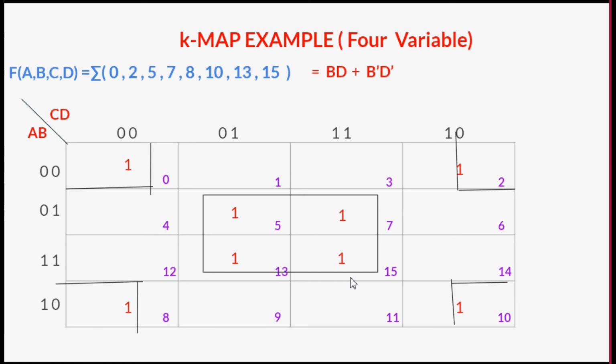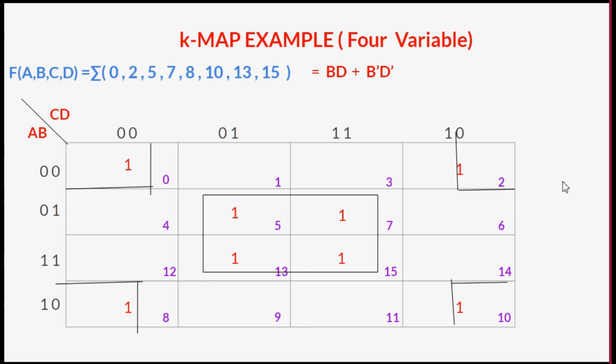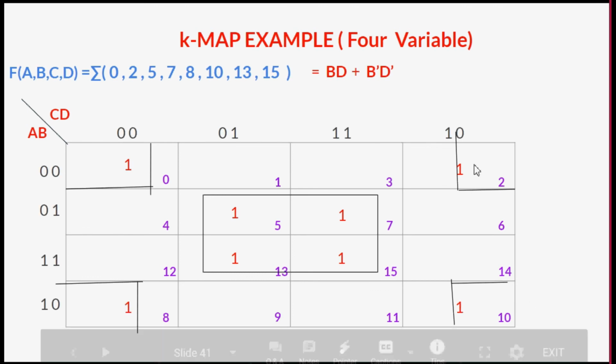Okay, and if you have any corner cells like this, yes, we can combine those, because when we combine the corners, they become consecutive cells only. Suppose I don't have this lower corner, then also I can combine these two upper corners only. The point is that they should be consecutive, and when I combine these corners, they become consecutive cells. Okay, so this is how your K maps are going to work.